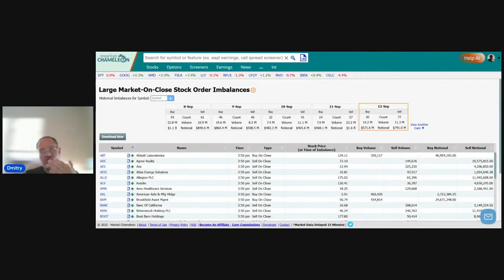And before we look at the data, let's just discuss what the market on close orders are and what type of traders might be using the market on close. Because when you trade, a typical trader can execute a trade anytime during the day. You don't need to wait exactly for the closing price to do a trade. If you want to buy a stock or sell a stock, you could do it 12 p.m., 1 p.m., anytime during the day.